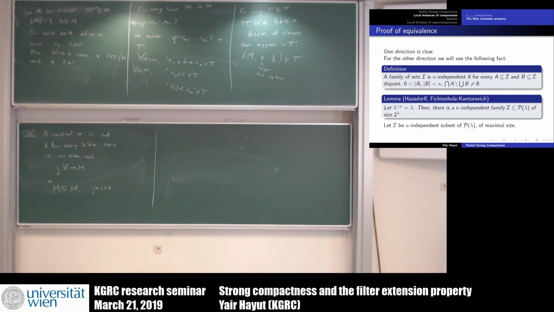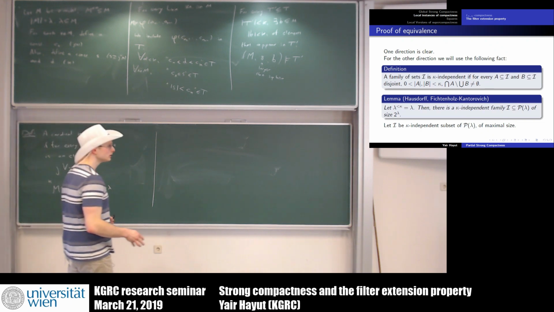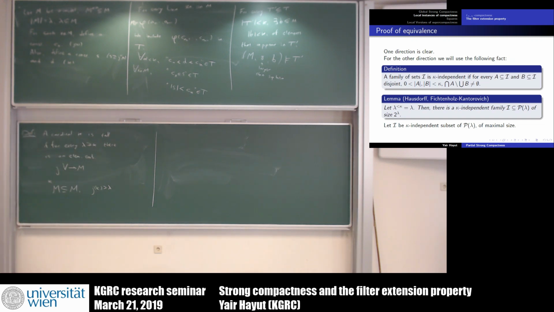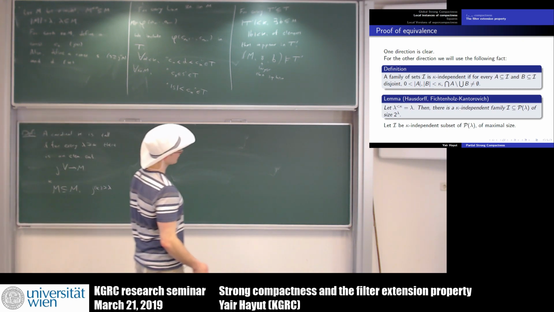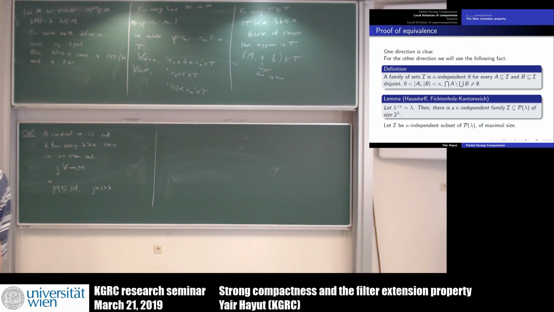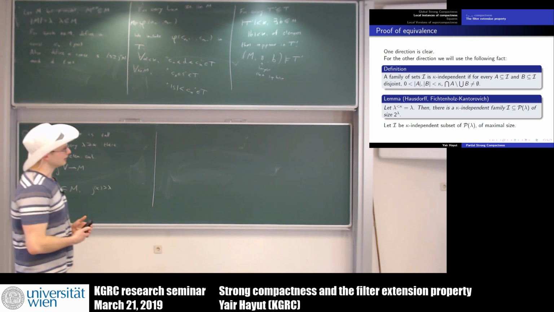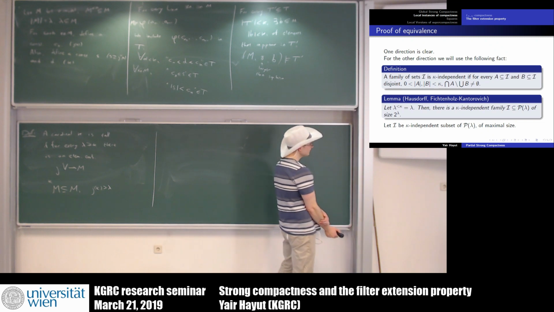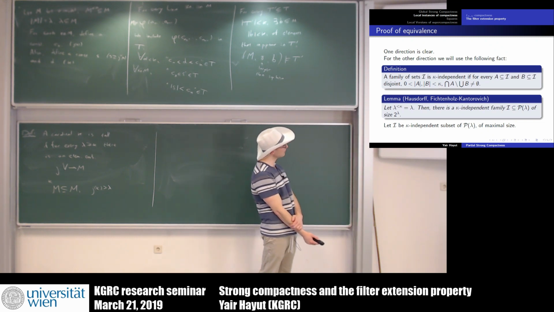So for the next direction, we actually need something which is called kappa-independent families. So this is a well-known combinatorial object, which Hausdorff proved for kappa equals lambda equals aleph 0, but exactly the same proof works for general kappa and lambda. So let me say that this is a theorem of Hausdorff. So the theorem is like this. If we have a cardinal lambda, and lambda to the less than kappa is lambda, then we have a kappa-independent family